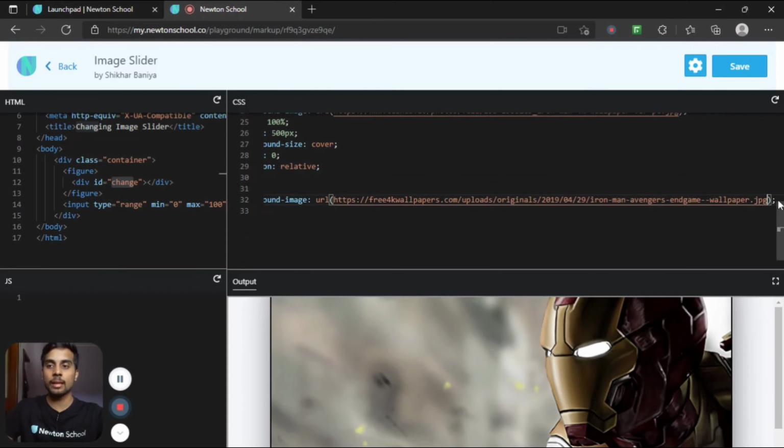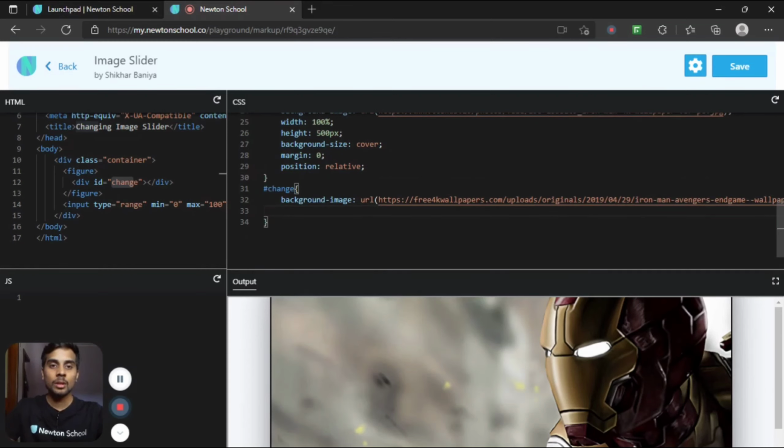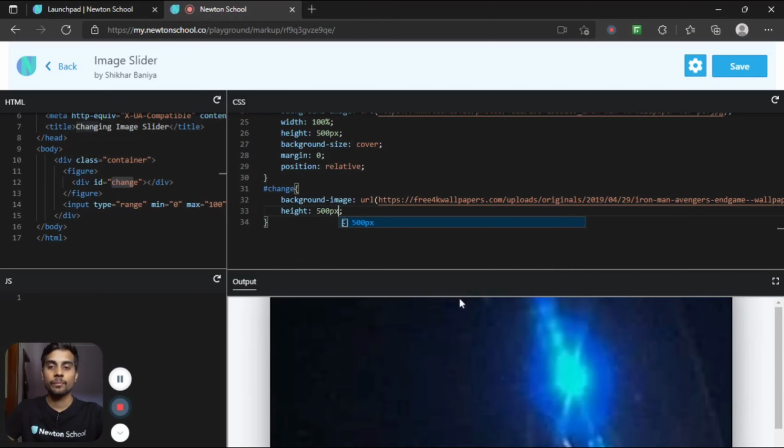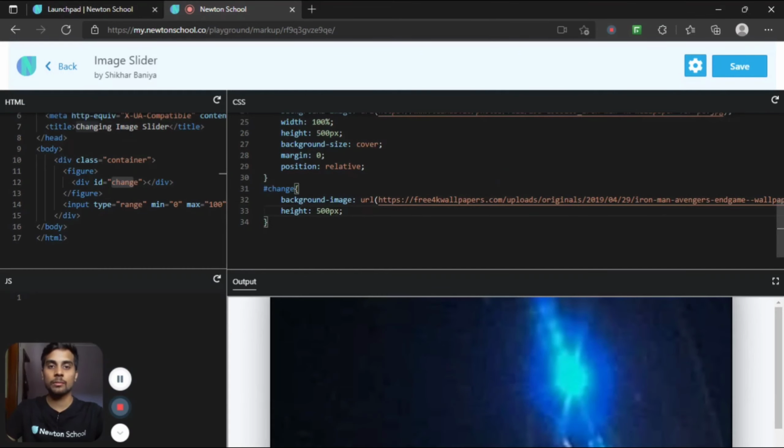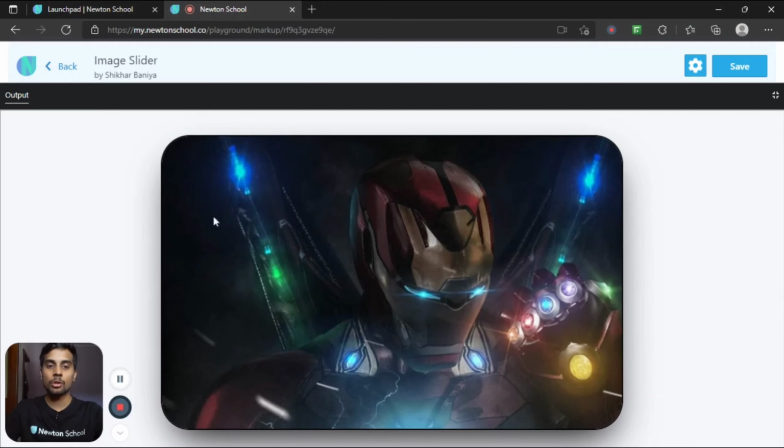So this is for our second image. In the same way, we have to specify the width and height. First let's specify the height 500 pixel. So we got the image, but we have to set the background size property as cover to see the whole image properly, and we got the second image.